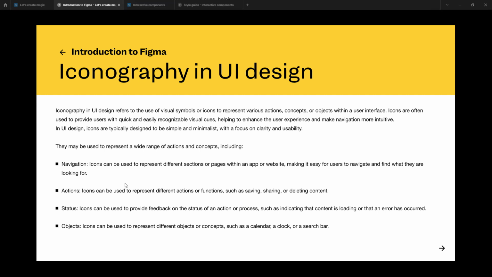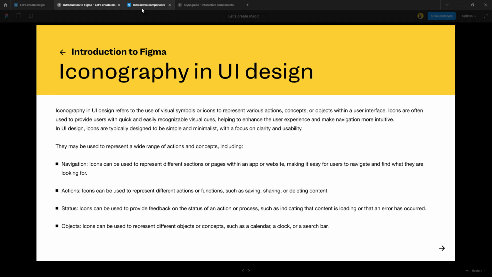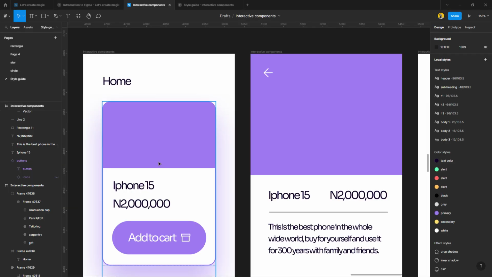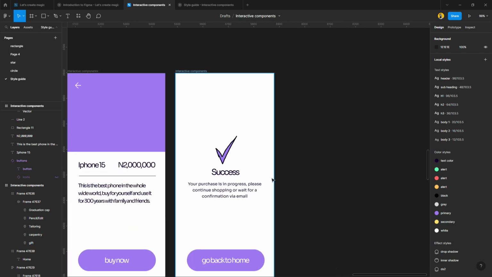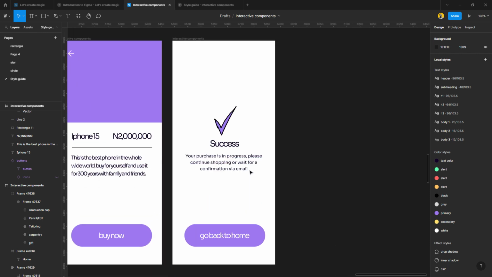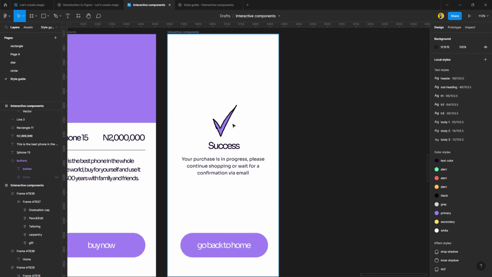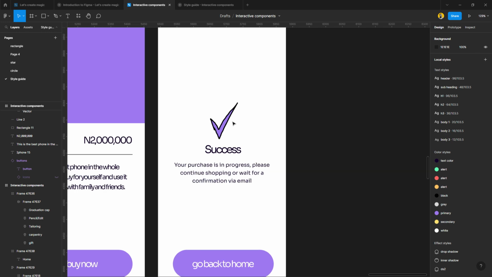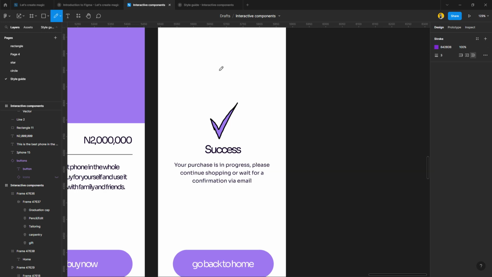We have the status icons, can be used to provide feedback on the status of an action or process, such as indicating that content is loading or that an error has occurred. So we have this other one as well. So this is an icon that you can use for that example. So this is a status icon, and with this you would know that the transaction you made actually went through. And then if we have something like this,